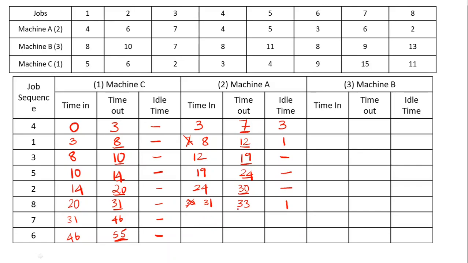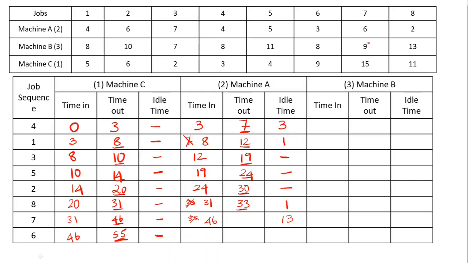So here we have 33 hours as a whole. So again compare this, we have 33 and here we have 46. Obviously you cannot start at 33 because at the 46th hour only, job 7 can enter inside machine A. We cannot start at 33. So at the 46th hour, right after it is getting over in machine C, we are progressing it to machine A. So 46 is over here. So now here the machine is idle for 13 hours. Basically 46 minus 33. So 13 hours it is idle.